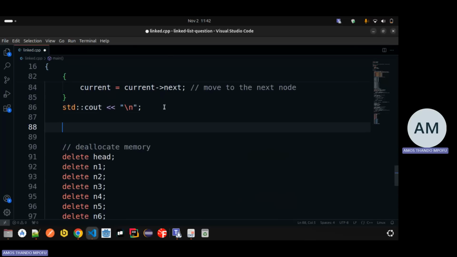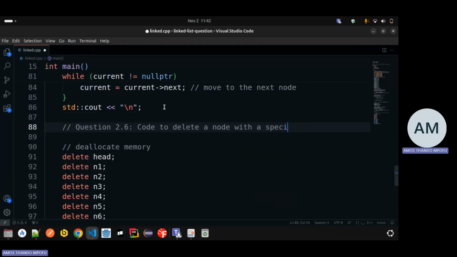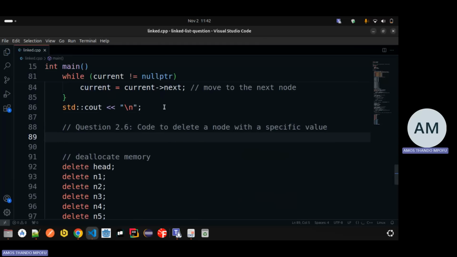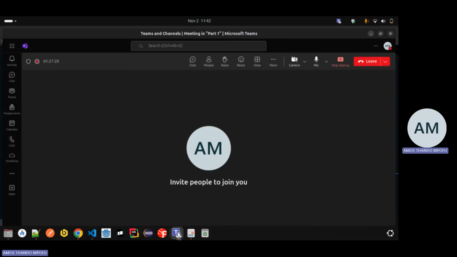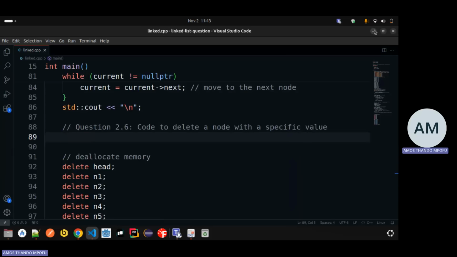So there's quite a lot of code here, a lot of coding. So 2.6, code to delete a node with a specific value, right? And okay, I think this is going to be quite a long recording, but then it's fine. So to delete a specific node with a specific value, how do we do that? So we do that by